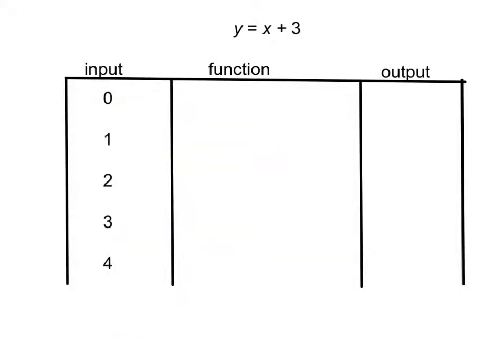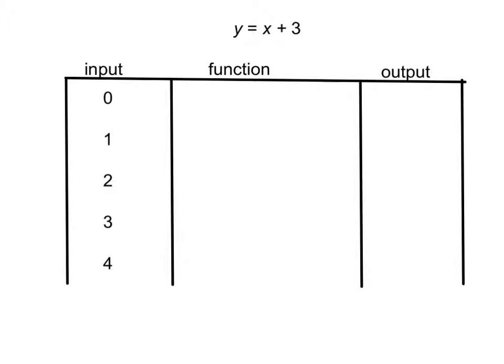Here's a function table where you can see it has 3 columns in it, and we're eventually going to get rid of this second column here with the function, because that's going to become mental math for you with most functions. So if you look at it, we'll focus on, first of all, the input column. And the input column can actually have any numbers you want. So I've just chosen 0, 1, 2, 3, and 4